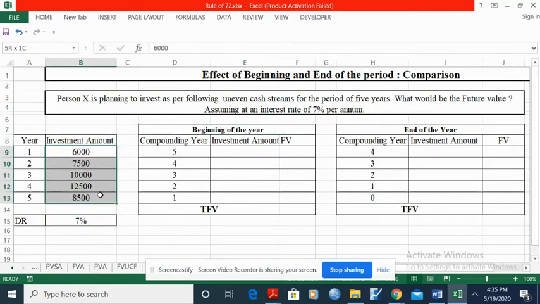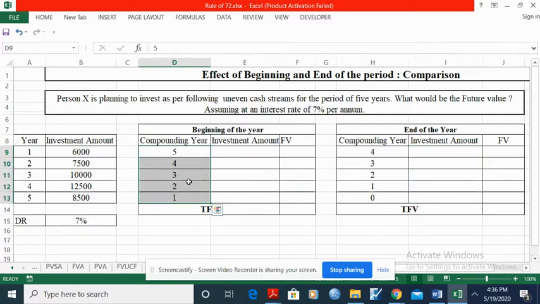He has to pay the deposits, the money, each year at the beginning of the period. In the second option, end of the period means he has an option of depositing the money at the end of the period. In that case, the compounding will be different, and the end answer also will be different. So we'll come back to beginning of the period.